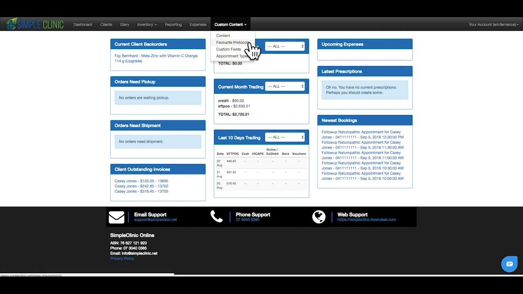The next area of custom content I'd like to talk about is favorite protocols. We'll see favorite protocols in more detail when we talk about prescribing. Favorite protocols allow you to build up a protocol library specific for the patients and the conditions that you regularly treat. This allows you to quickly build a prescription based on a boilerplate prescription you've previously created when treating the